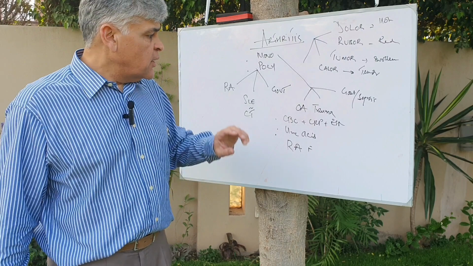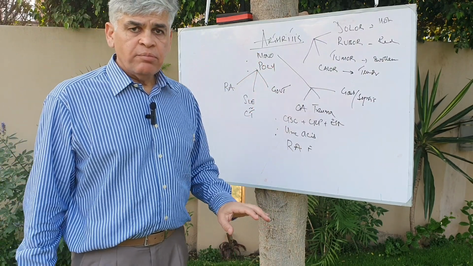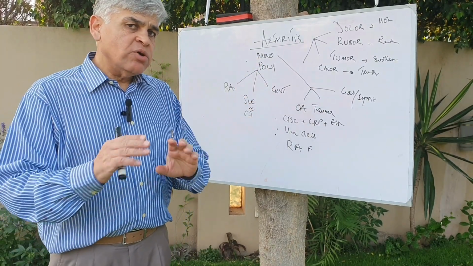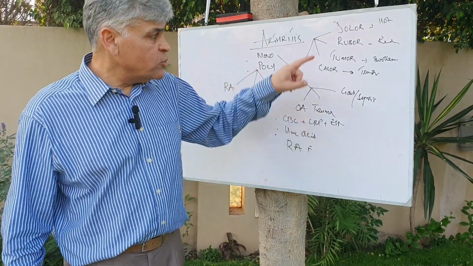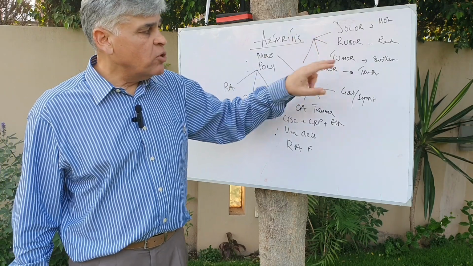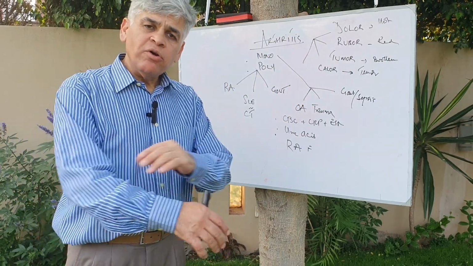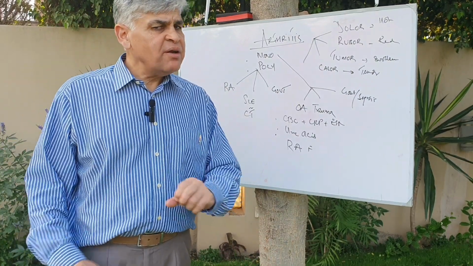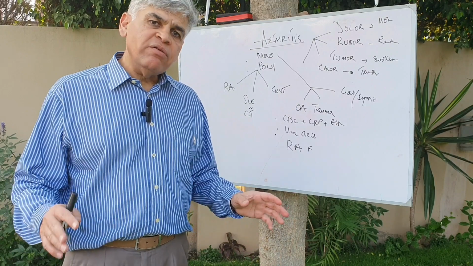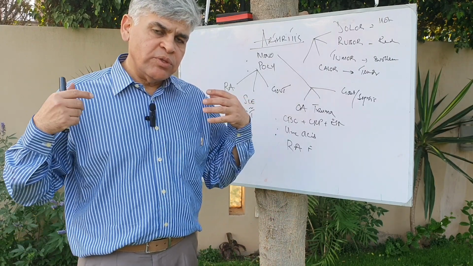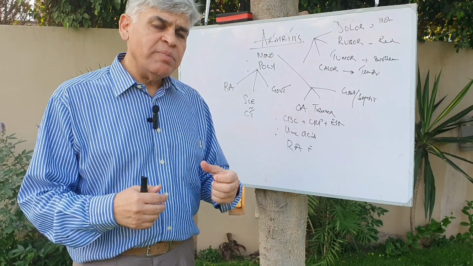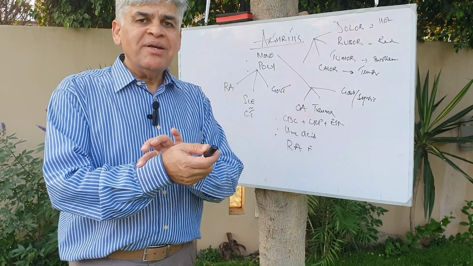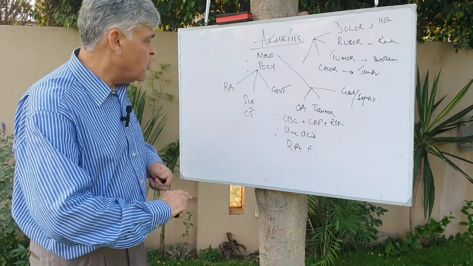Now, what if the person has got either polyarthralgia or monoarthralgia? The patient has got multiple joints, but they are not inflamed. They do not follow this pattern. That means dolor, rubor, tumor, or calor, but they've got pain all over the joints. Now, these are the patients who've got polyarthralgias. And there are several causes for that. But in general, if they've got problems with weakness, there are joint pains, there is stiffness in the morning, but they're not really swollen, and especially if they've got some tender points,